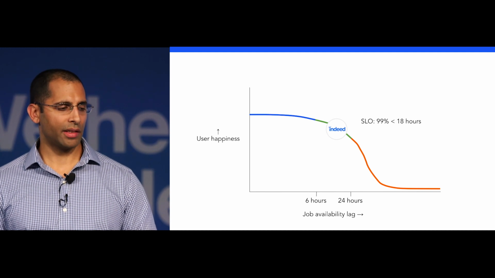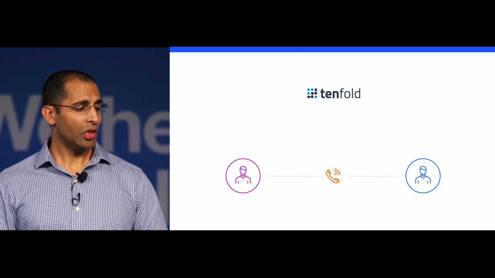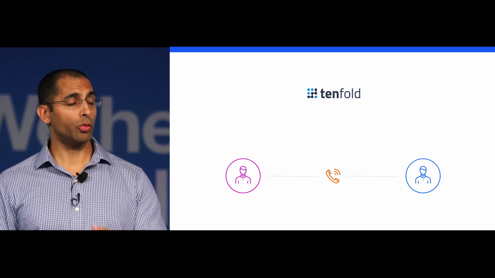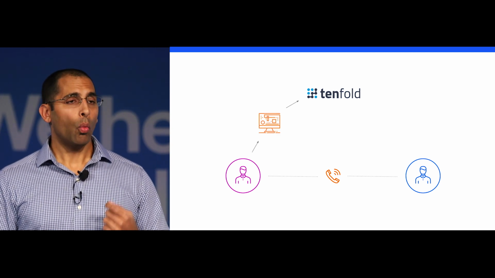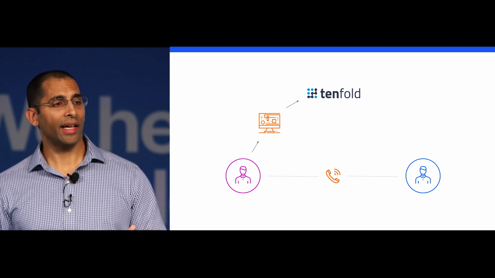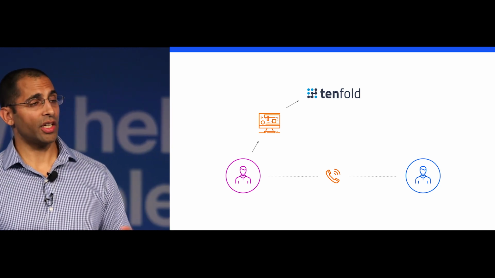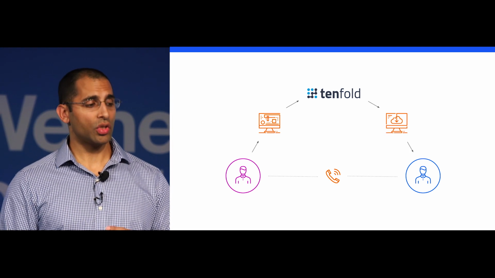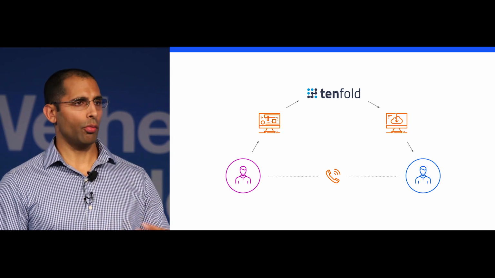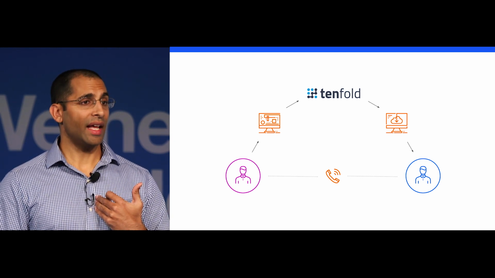On the other hand, for something like Tenfold, dealing with all these frustrated people who are calling them on the phone, the interaction there is, I'm calling up the customer service rep to rearrange my flight schedule. While I'm doing that, I'm also trying to do something on their site. I'm trying to make changes, see what's available. That's got to be fresh. It goes into Tenfold, and then from Tenfold, it goes to the customer service rep's computer while I'm on the phone with them. They might be walking me through a change. They might be walking me through changing my account, changing my flight, something that they can't do that I should do for them.